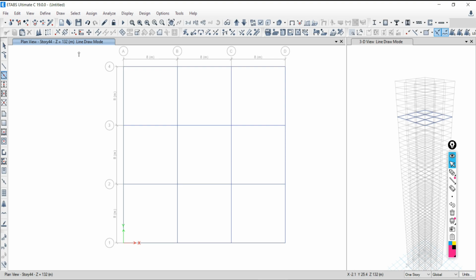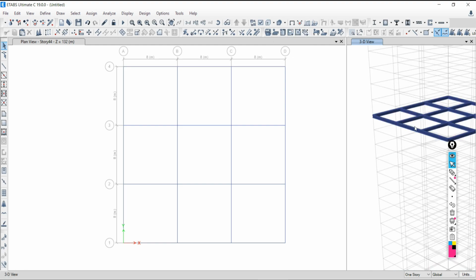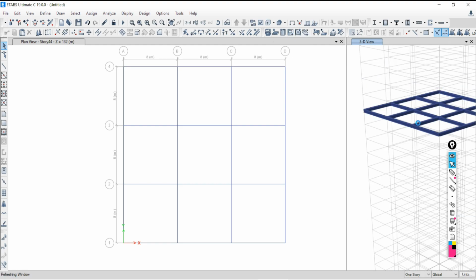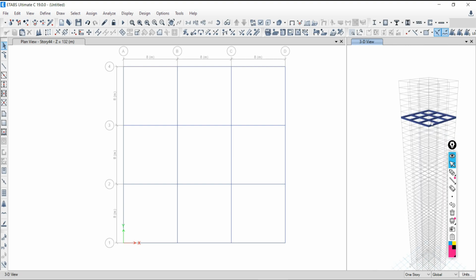Is it visible or not? Yes, sir. If you want to see a more realistic view, just click over the extruded view toggle. It will be a more realistic view, and solid sections will be there. For your visibility, I will take this point later in detail. So the modeling is going to be done for only one story.